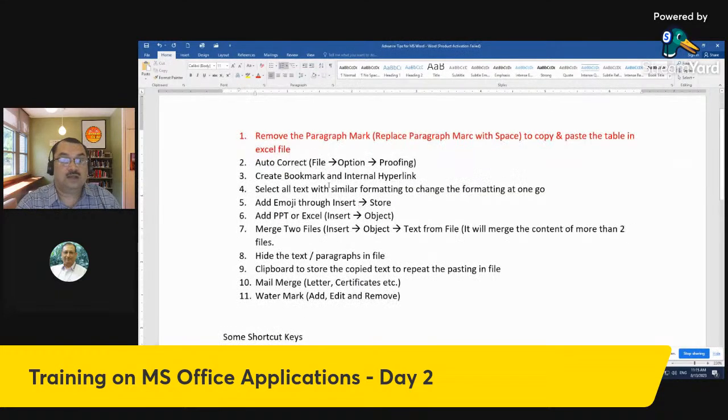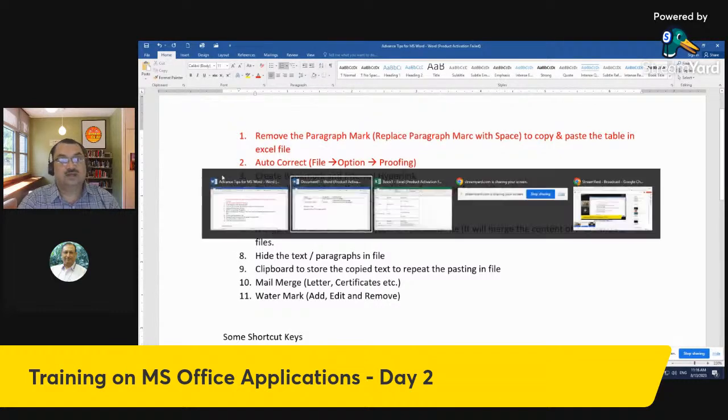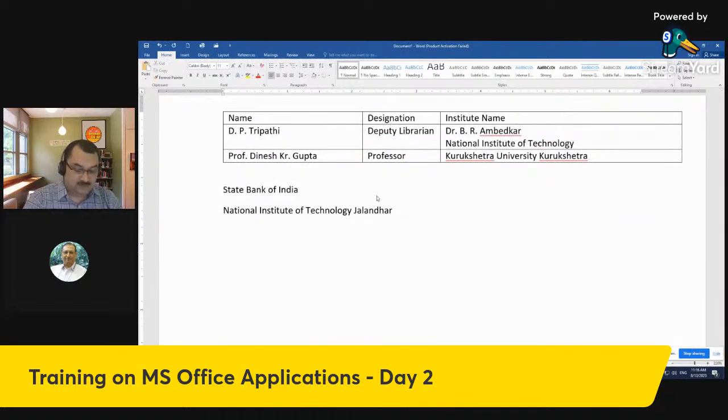Now next I'm going to show you how you can create the bookmark and internal hyperlink. See, this is a very good option, mainly when we deal with different paragraphs or different chapters, and inside the chapter we need to create the bookmark. So that we can create here. For example, I write chapter 1, then I write chapter 2, then I write chapter 3,